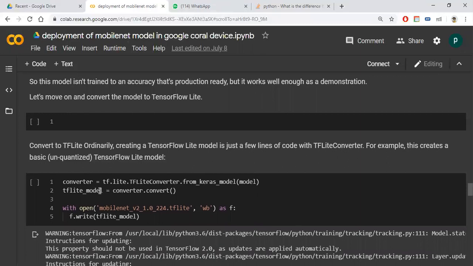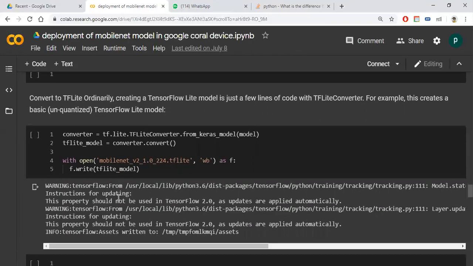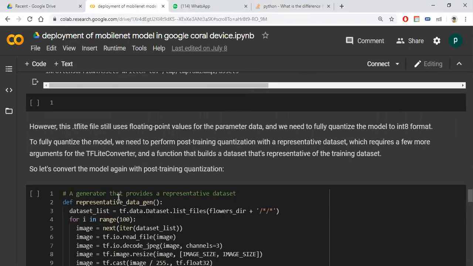Then this is the code line, converter.convert. I am storing our model into this file name. Our model should also be very small in size, so I am doing quantization.